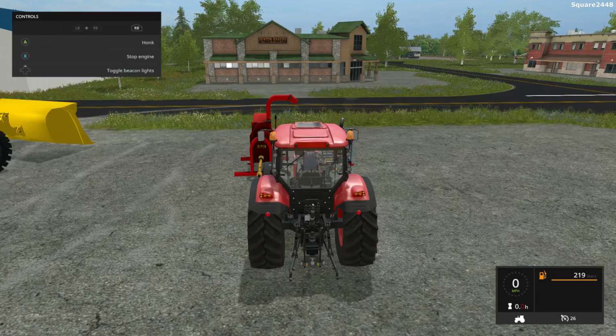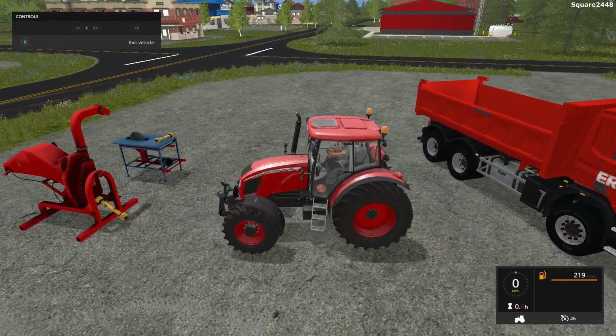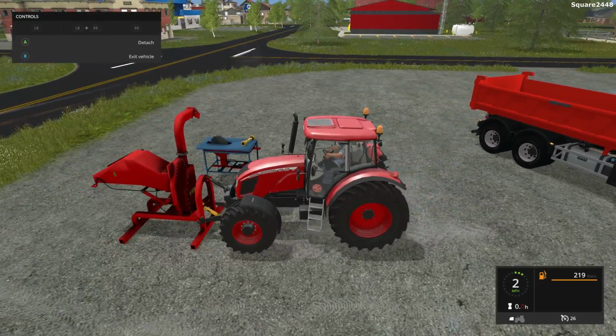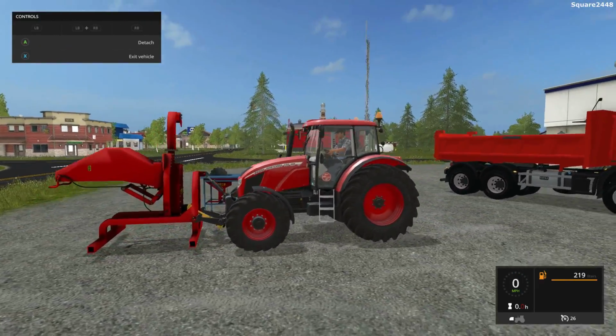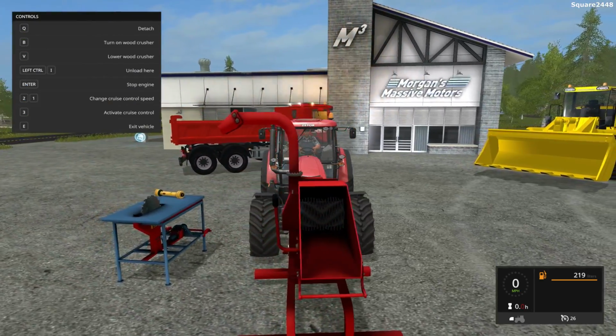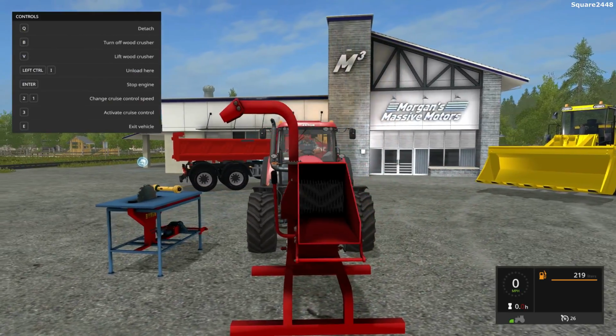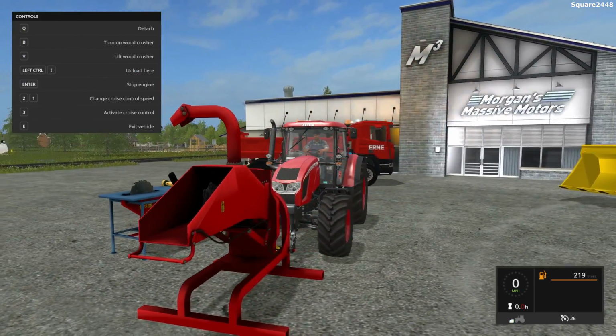So we'll be using this in-game tractor. We'll be turning it on, and we'll first take a look at the wood chipper. Now the wood chipper does not lift too much off the ground, just enough to kind of move it around, which might need a little bit of work, but you guys can see you could unload it, you could lower it down, you could turn it on, and it probably is best for smaller wood, but overall very nicely